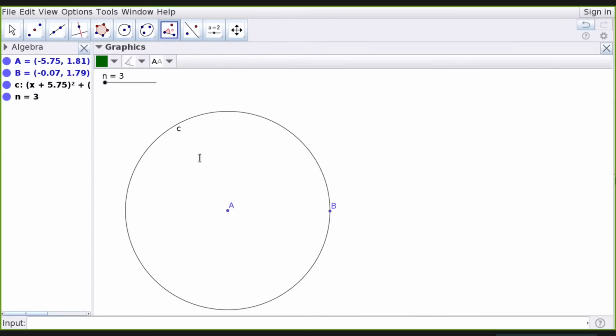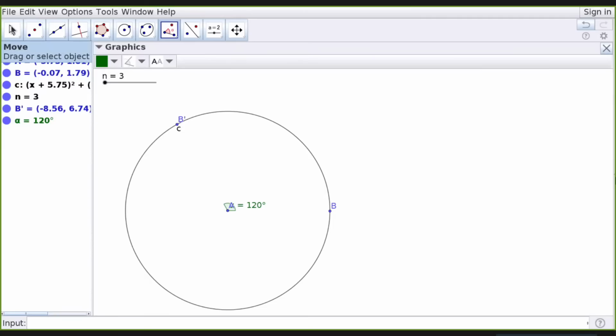I will take it as 360 divided by n, measured anti-clockwise. If you change it, it will measure clockwise. Now I got a point B prime here.